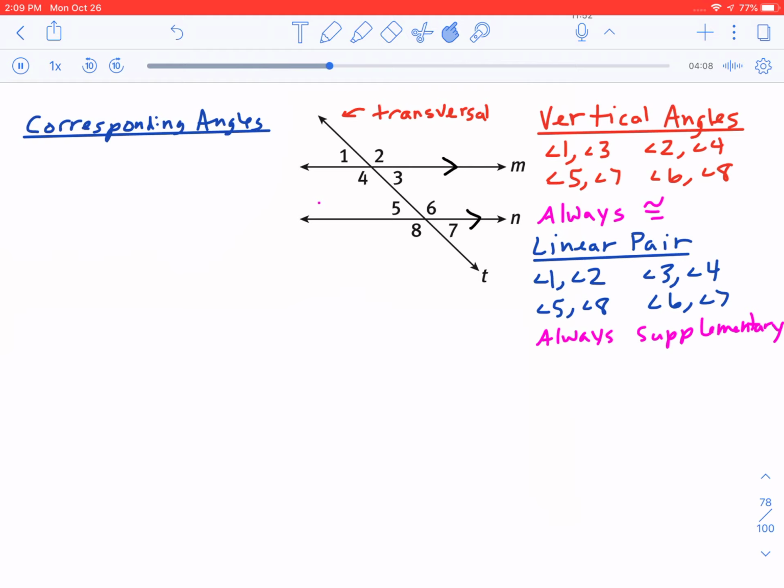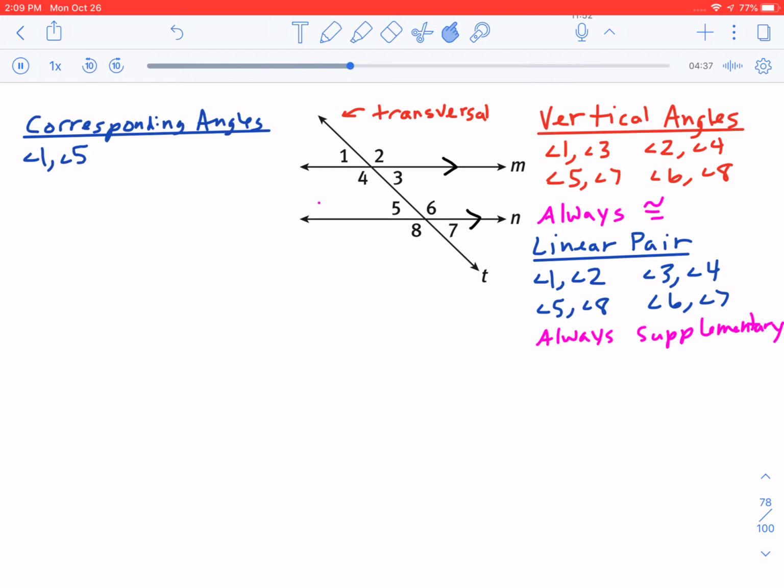Basically, I am looking at 2 groups of 4 angles, and I don't know if you're going to see the writing that I do because I'm going to have to erase it. But 1, 2, 3, and 4 is a group of angles, and 5, 6, 7, and 8 is a group of angles. And I like to think of corresponding angles as simply being the angles that are in the same spot within the 2 groups. For instance, angle 1